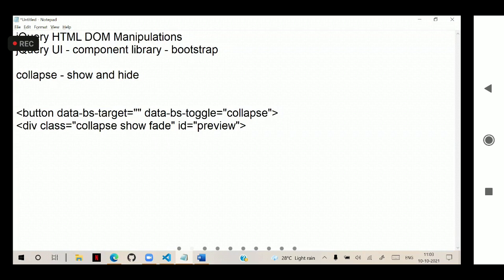Now, if you have seen in Bootstrap, we want to design an accordion. In Bootstrap, we want to design a modal. Then a lot of logic we have to configure, a lot of logic we have to define. But here it becomes very simple. Ready-made functions are present. Actually, jQuery